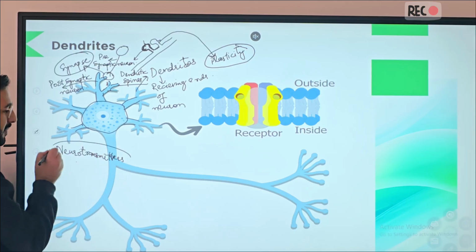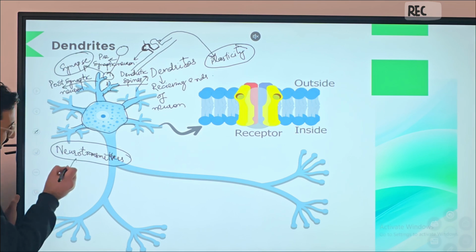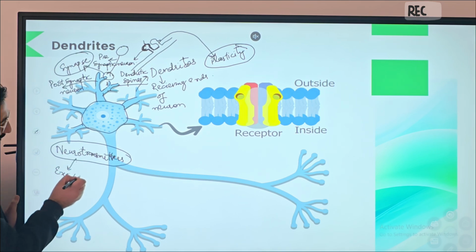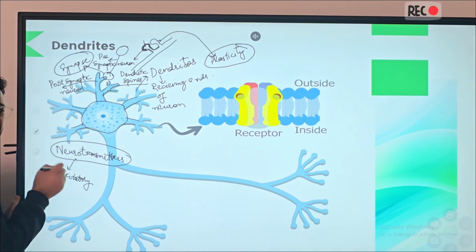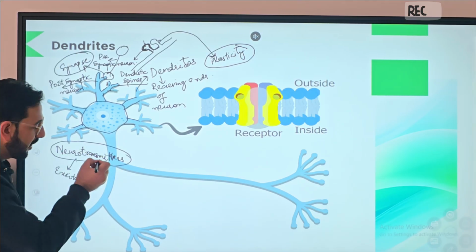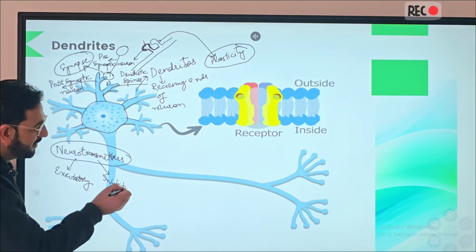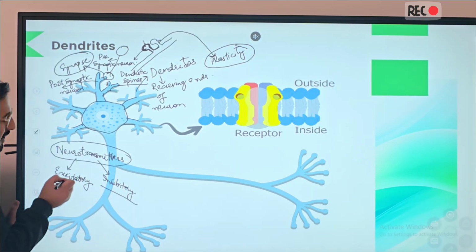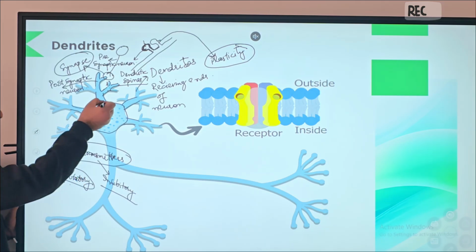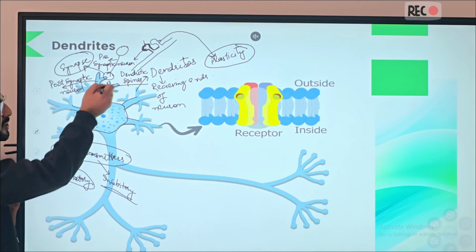Now, neurotransmitters, based on their function, can be of two types. One is the excitatory neurotransmitter. This is very important to understand the graded potential. That is why I'm telling you all about this. The neurotransmitter can be excitatory, it can be inhibitory. Now, as the name suggests, the excitatory neurotransmitter is going to excite this neuron, and the inhibitory neurotransmitter is going to inhibit